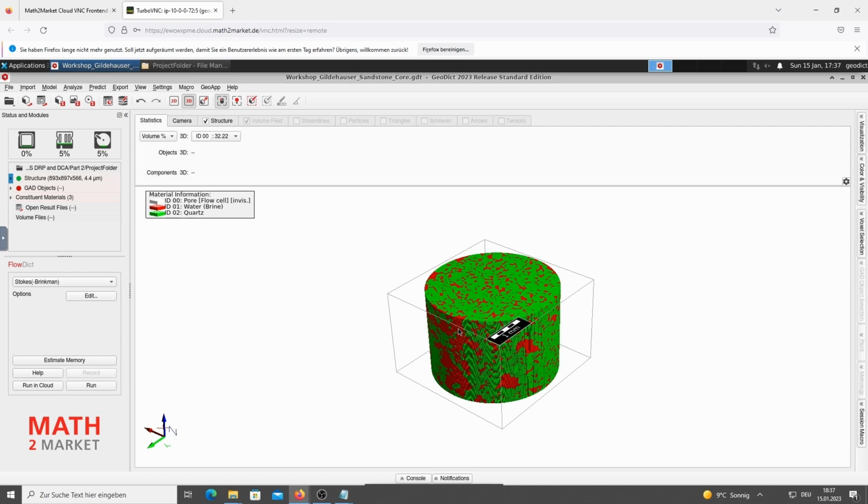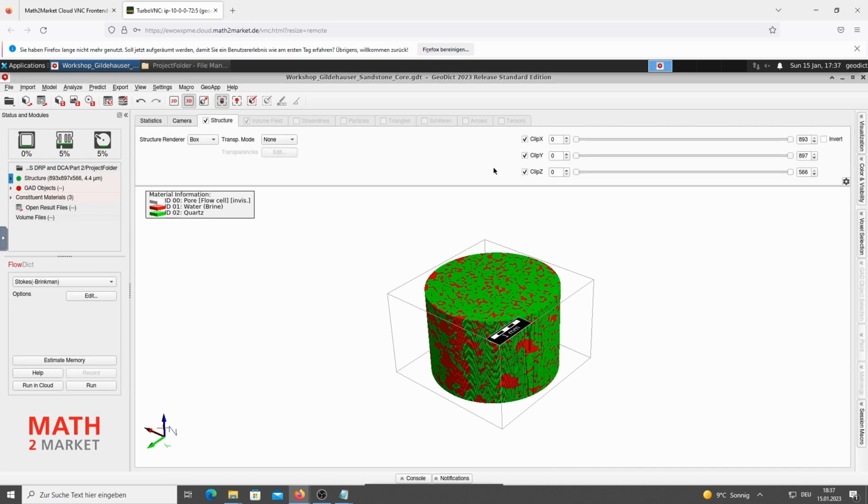Next step is to crop a small part out of the whole structure. To do this, go to the Structure tab. And here we use the clipping sliders to select a proper subset which we want to consider in our later simulations. The crop should be small enough such that subsequent simulations can be performed interactively. So here I will select a 300 cubed subset.